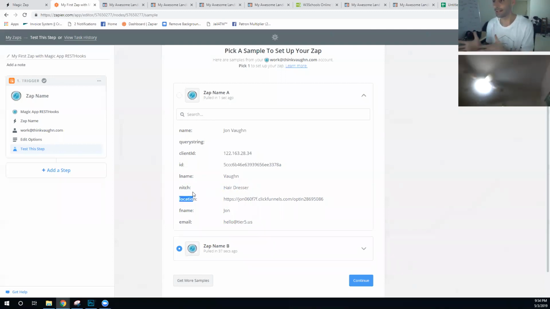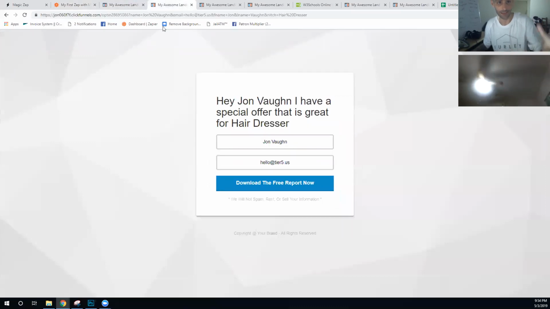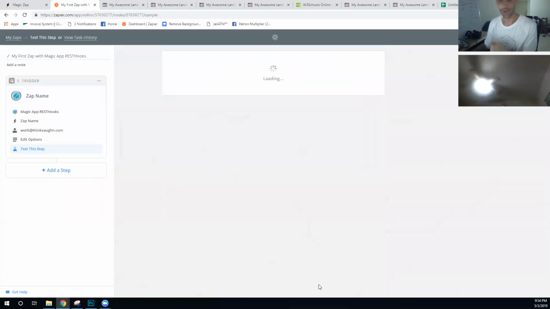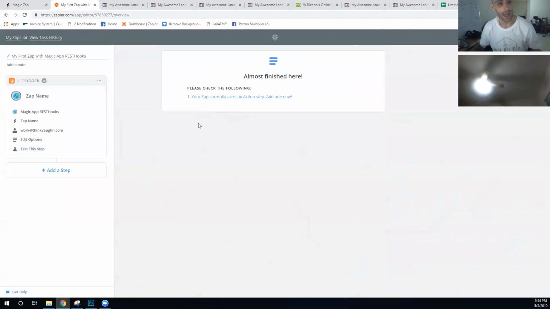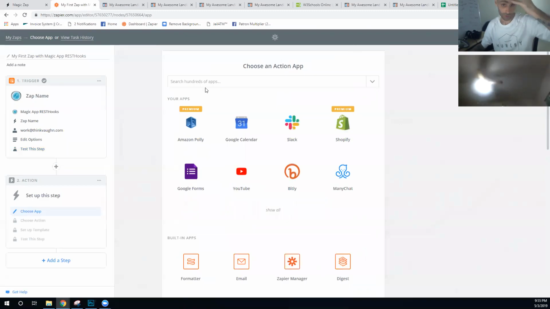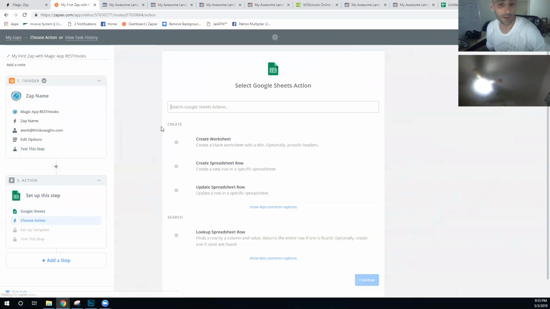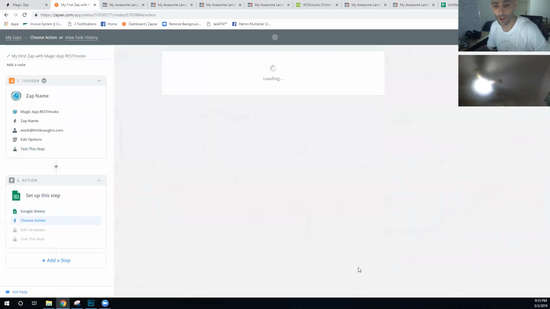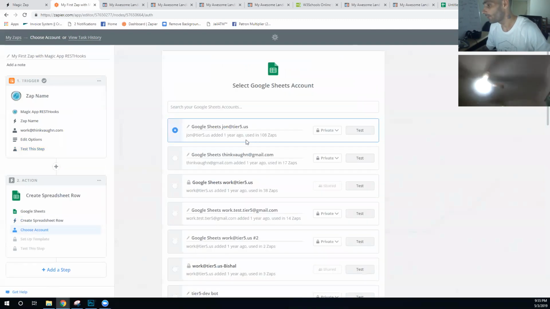So here I'm just sending data. You can see what's happening. Literally data is coming from my website right here, getting sent into Zapier. So now I'm gonna continue. And I'm just going to add a step here, and it's going to be a Google spreadsheet. And I'm gonna pick this spreadsheet. I'm gonna create a spreadsheet row, and then you'll be able to see in real time all the people who